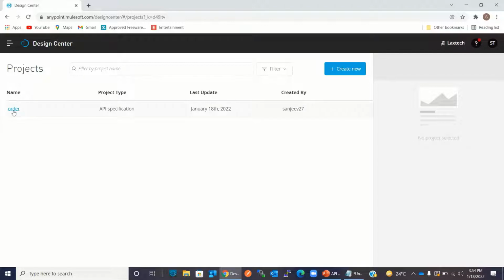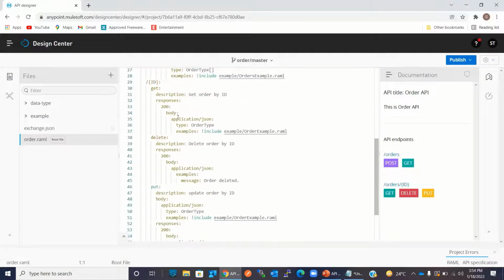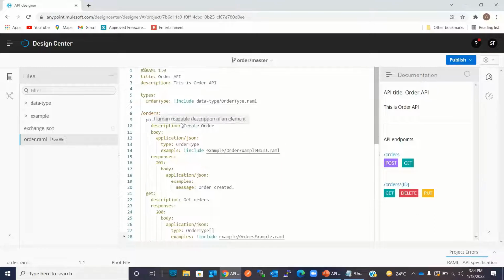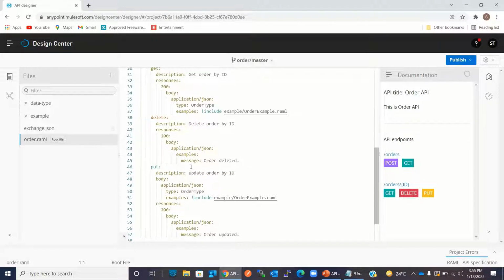Click on Order API Specification. So this is the API specification. This API has 5 methods. Under /orders, it has post and get methods. Under /order/ID, it has get, delete, and put methods.